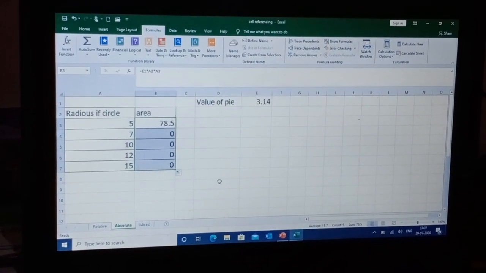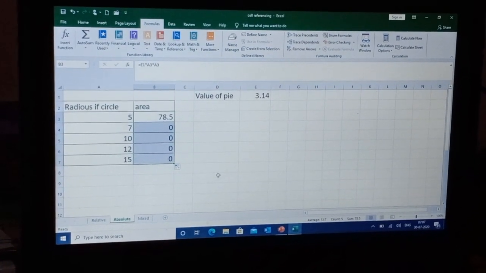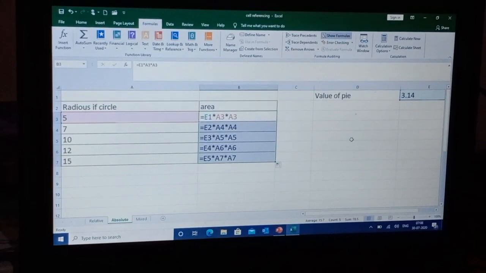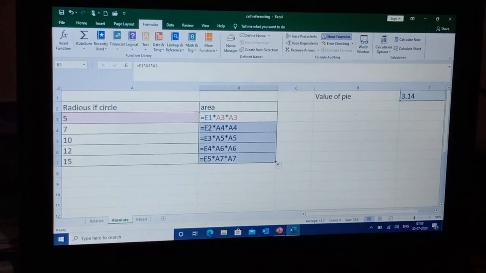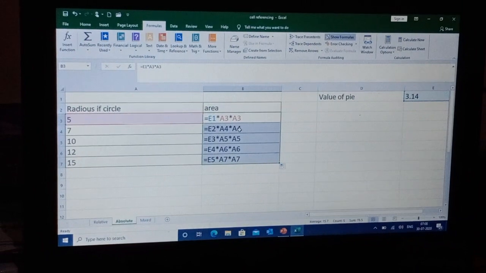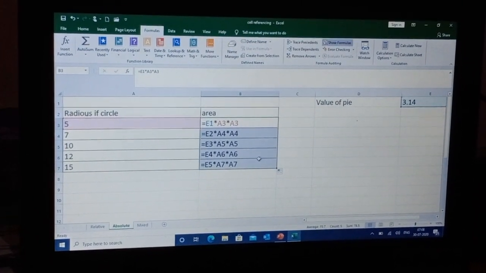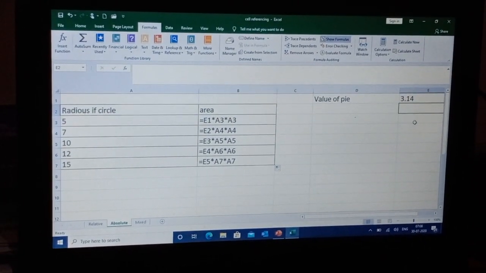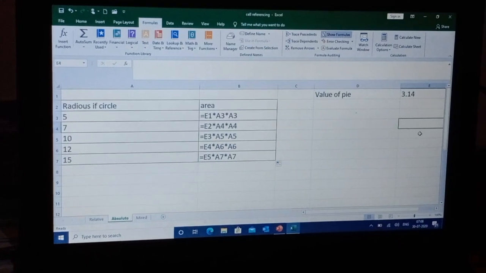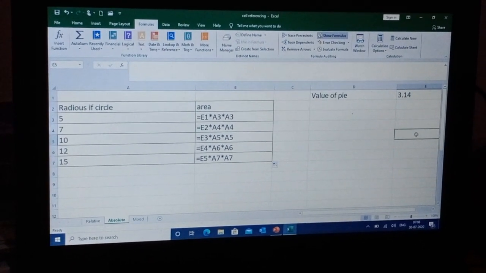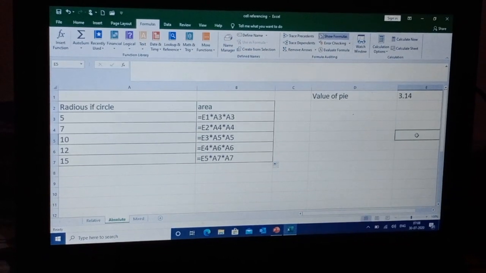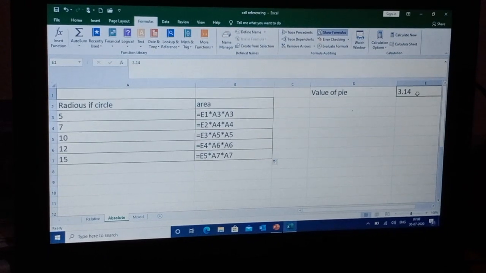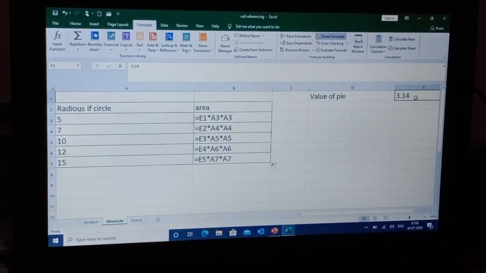See what happens. It gives you the value 0, because, I'll show you the formula. When I copied the formula, automatically it changed the cell address. Instead of E1, it has taken E2, E3, E4, E5, whereas you can see these cells have no value. And if there is no value, when you calculate something, it will give you the answer 0. I want to keep this cell address fixed for every formula. I do not want it to be changed.